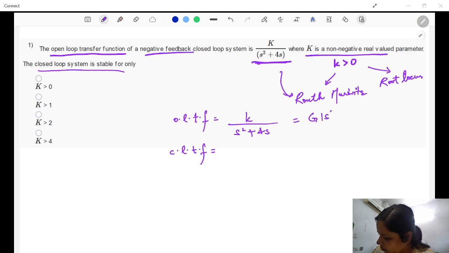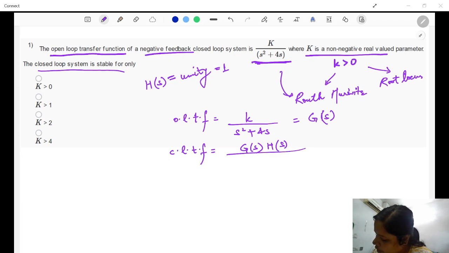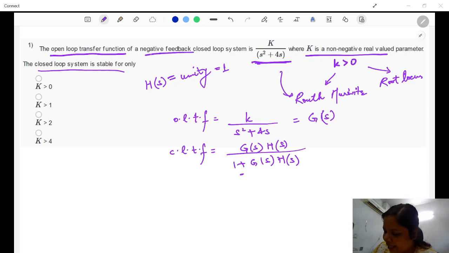This is G(s), right? Since in the question there is no mention of what H(s) is, whether it is unity or non-unity, we assume that H(s) is 1. All right, so your closed loop transfer function is given by G(s) into H(s) upon 1 plus G(s)H(s). Why plus here? Plus is here because it is a negative feedback closed loop system. If it were positive it would have been minus. Now when you try to find this,